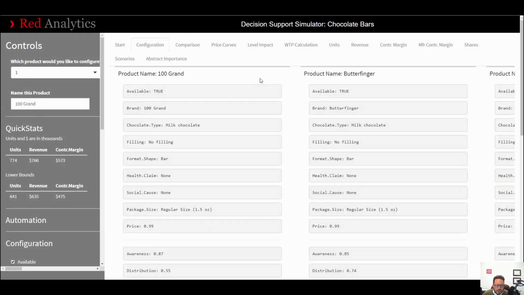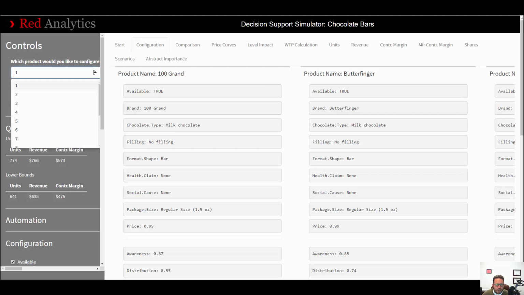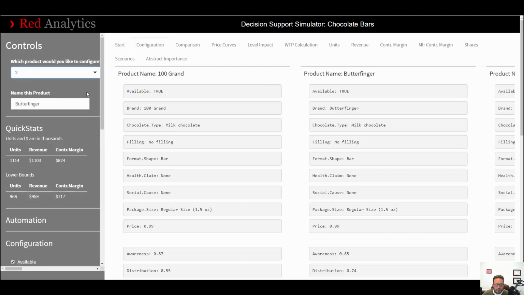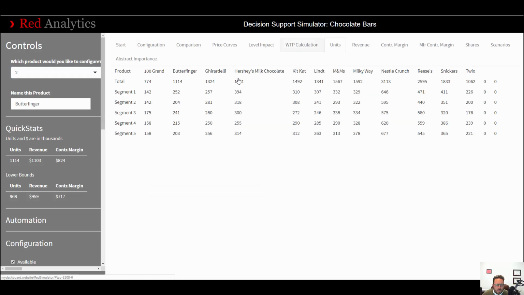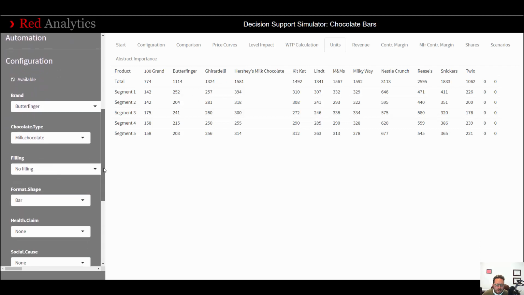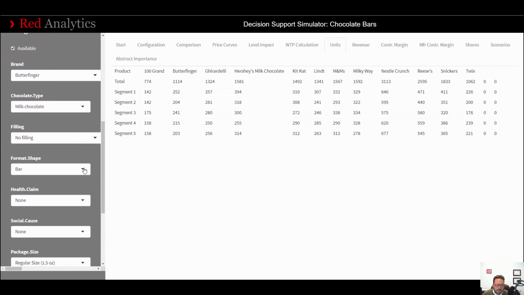Okay, here's the configuration page, and for fun, we're actually going to use product number 2, Butterfinger, for this example. First we'll go through the old way to do willingness to pay, and then we'll show you the new and better way. Typically in practice, we change a feature and then mess with the price to figure out what price will get us back to the original amount of sales. So in this example, instead of a Butterfinger bar,